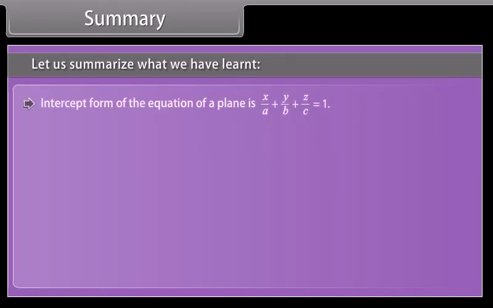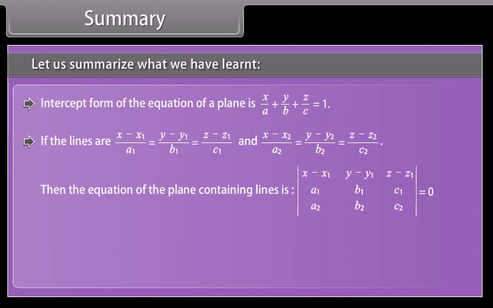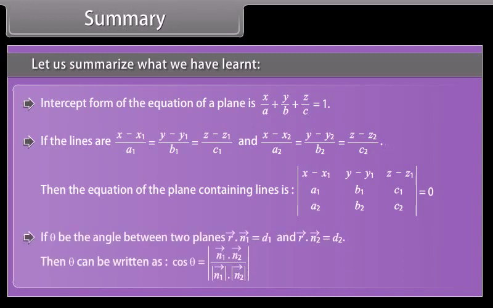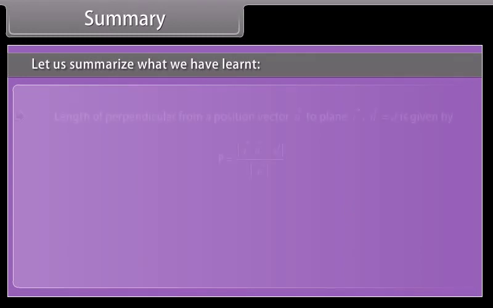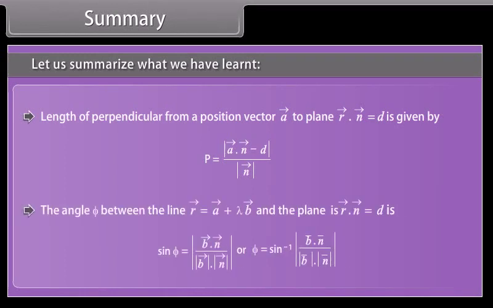The intercept form of the equation of a plane is given. If the lines are given, then the equation of the plane containing the lines is given. If theta is the angle between two planes, then theta can be written as follows. The length of the perpendicular from a position vector A to the plane is given, and the angle phi between the line and the plane is